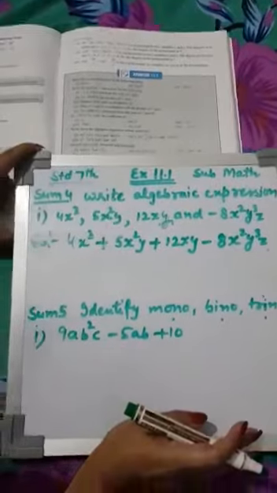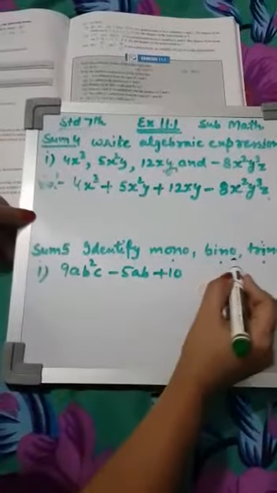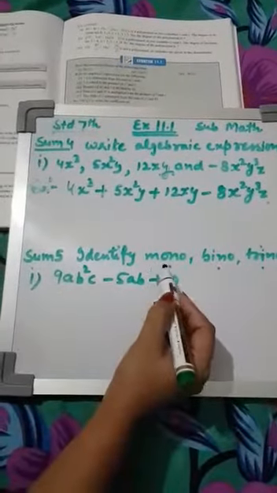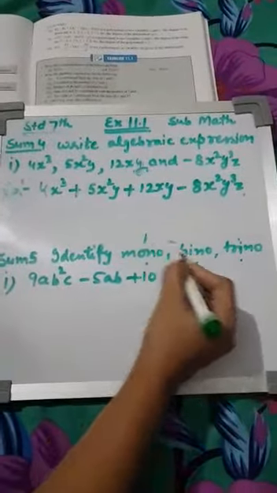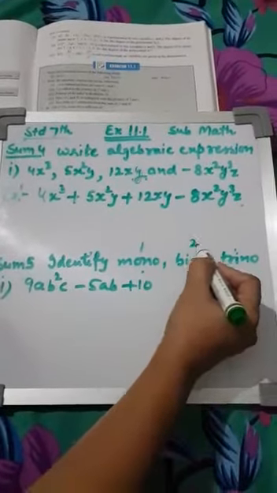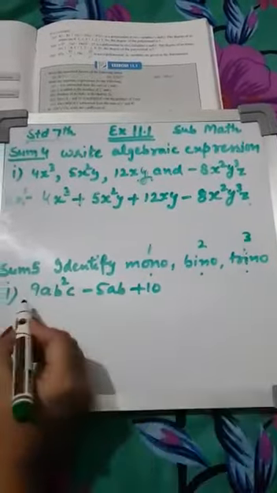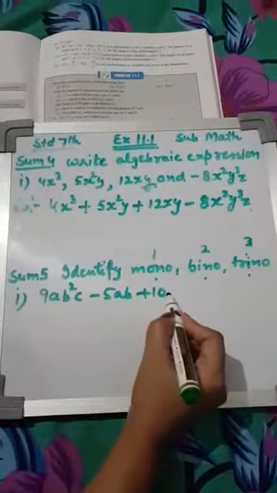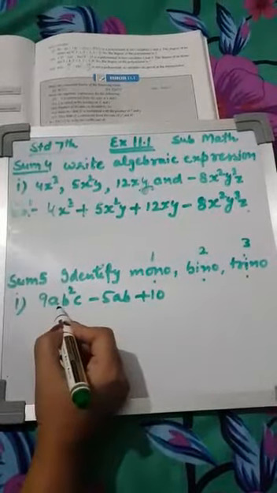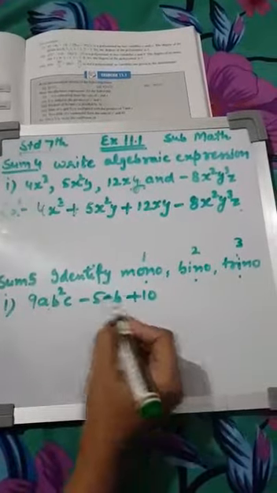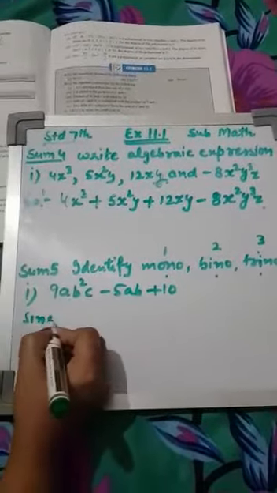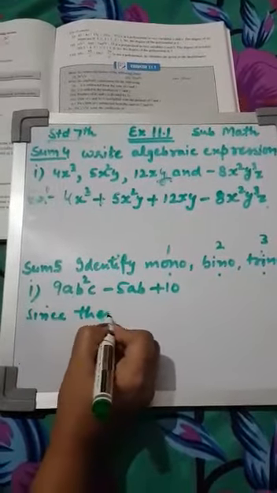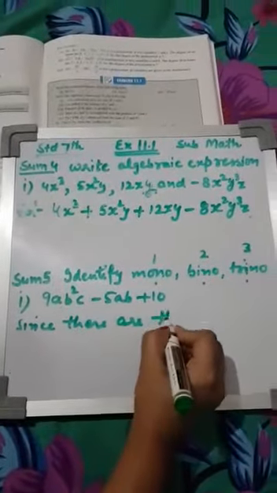Next, sum number 5: identify the monomial, binomial and trinomial. Students, we have already discussed that monomial means having one term, binomial means having two terms, trinomial means having three terms. So first part, 9a b square c minus 5ab plus 10. How many terms are there? One term, two terms or three terms? So you will write, since there are three terms,